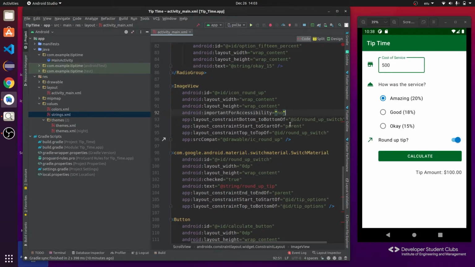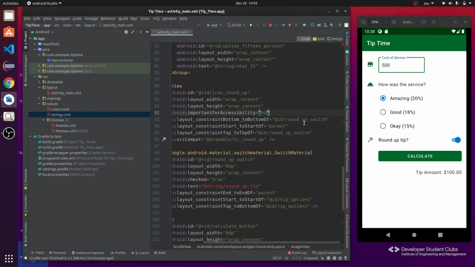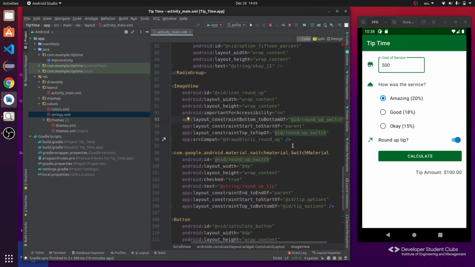You see that the bottom of image view is in constraint with the roundup switch. So what is the roundup switch? This is the roundup switch. And that's how they are in the same vertical line. Also the top is constrained to the top of roundup switch. Okay, that's also pretty much visible. And start is aligned with the start of the parent.